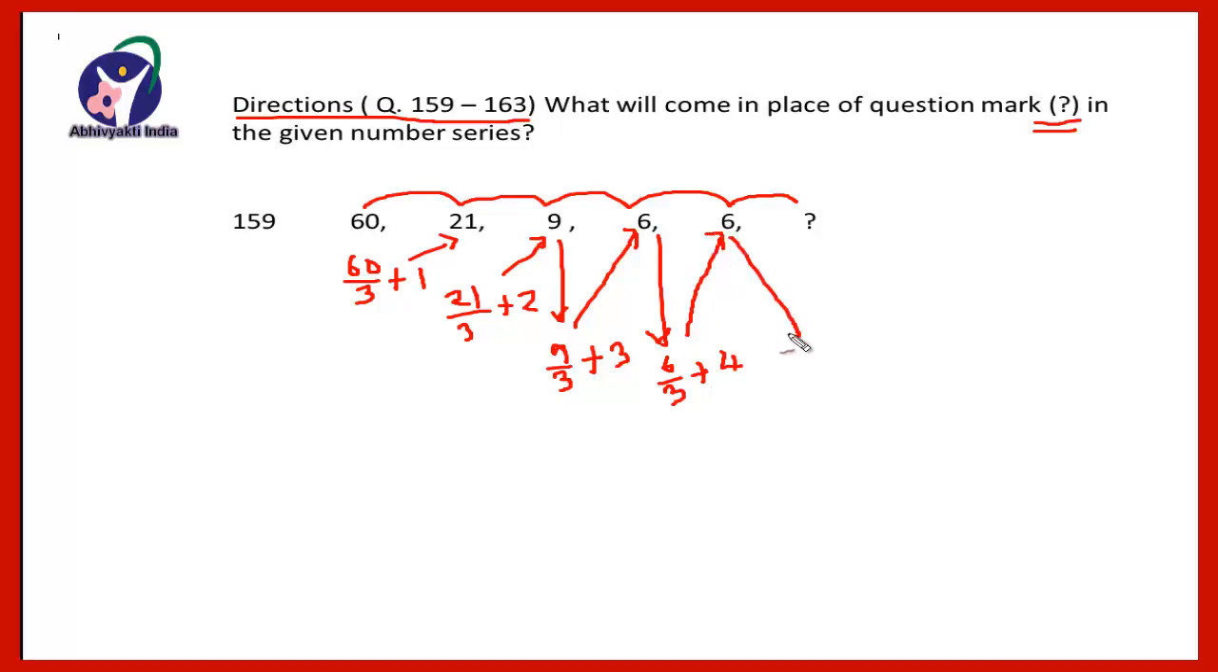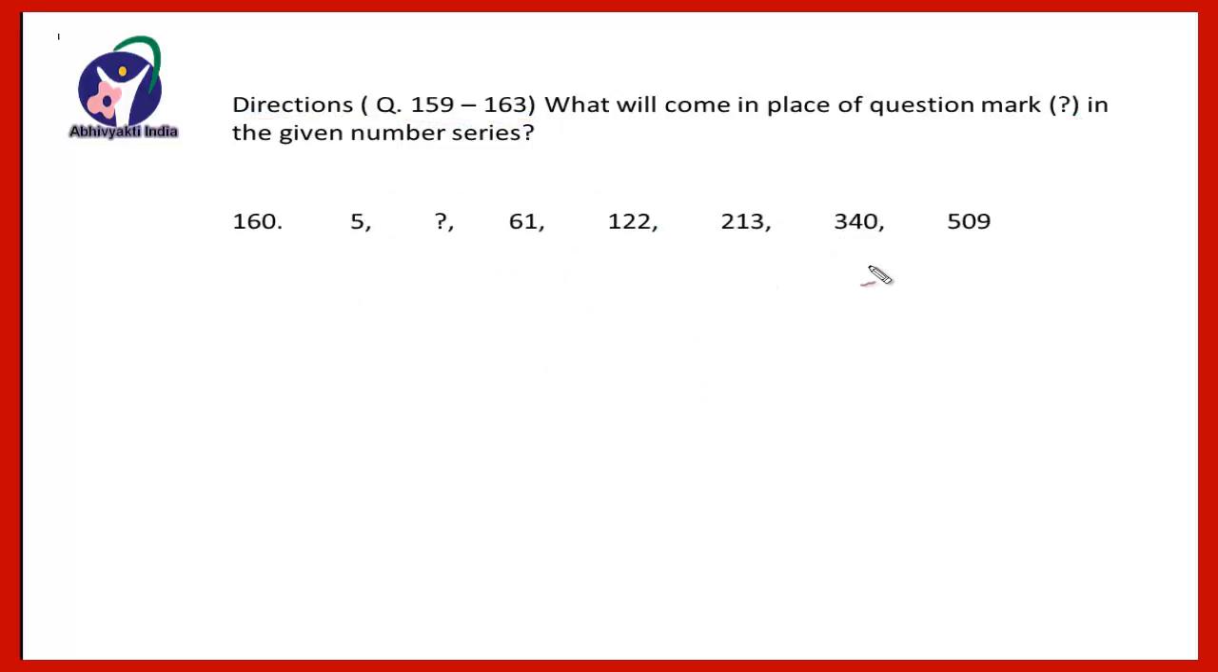Now this 6 divided by 3 plus 5, so 3 twos are 6, so 2 will be here, and 2 plus 5, that will be 7. So the question mark will be replaced by 7. Now the next question is 5, then question mark, 61, 122,